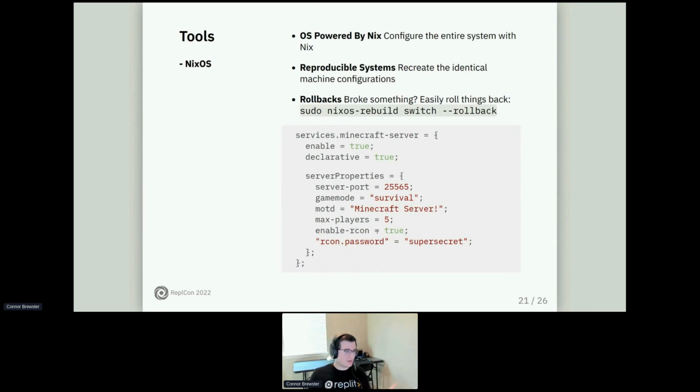So the first one is NixOS. So up until this point, we've been just talking about the Nix package manager. And you can use the Nix package manager on pretty much any Linux distribution. You can use it on Mac. You don't have to have NixOS. So if you want to try it out, that's a great way to dip your toes into Nix. But if you really like it, you can run NixOS, which is what I run, and it's a full way of configuring your whole